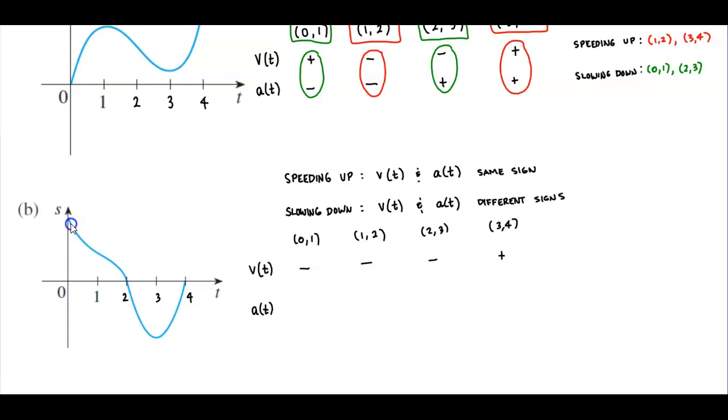If you take a look here, this is concave up for the interval between 0 and 1. Since it's concave up, it is positive in the interval from 0 to 1. And then from 1 to 2, it's concave down, which means it's negative. And then from 2 all the way to 4, meaning between 2 and 3 and 3 and 4, we see that it's concave up, so therefore it's positive for the acceleration function. So now we can determine where is it speeding up